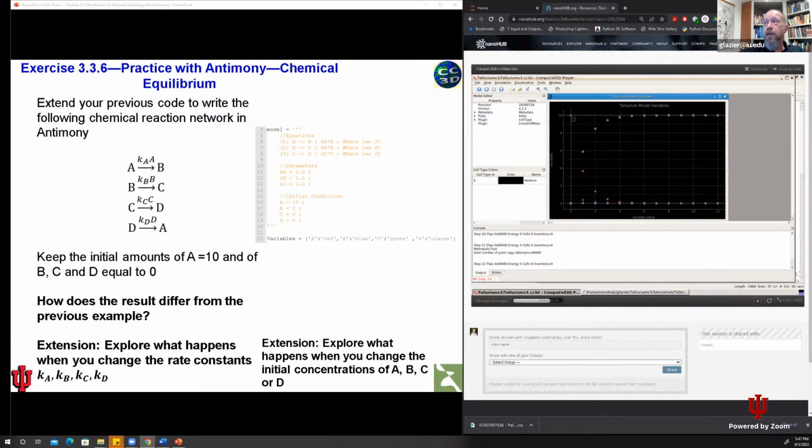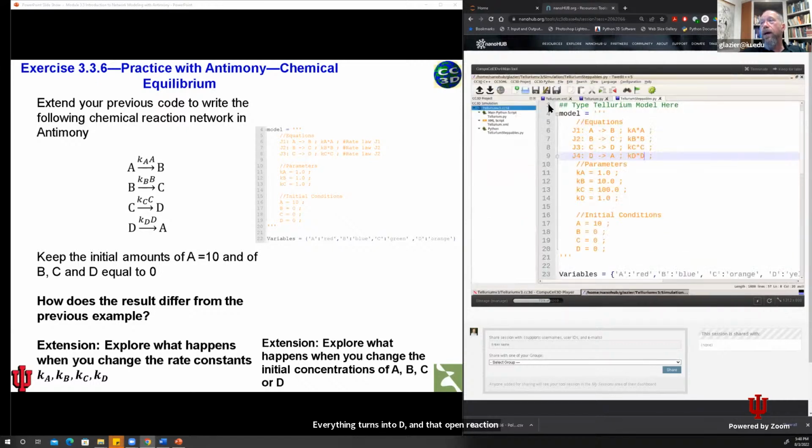You'll notice in the first case, this is the one that I had before. Eventually, all of my A, B, and C are turned into D. Everything turns into D in that open reaction. Now, when I go back